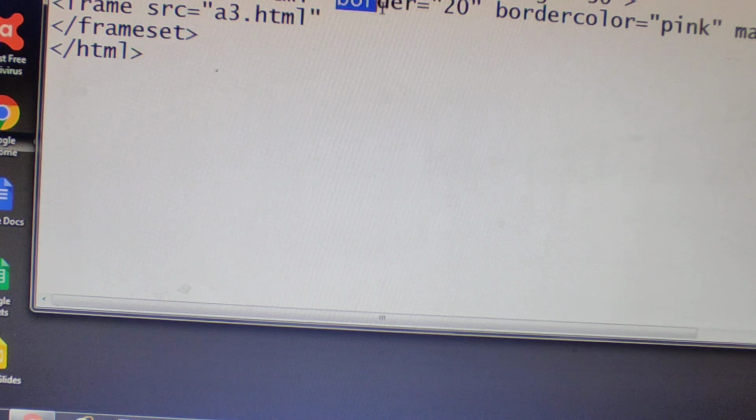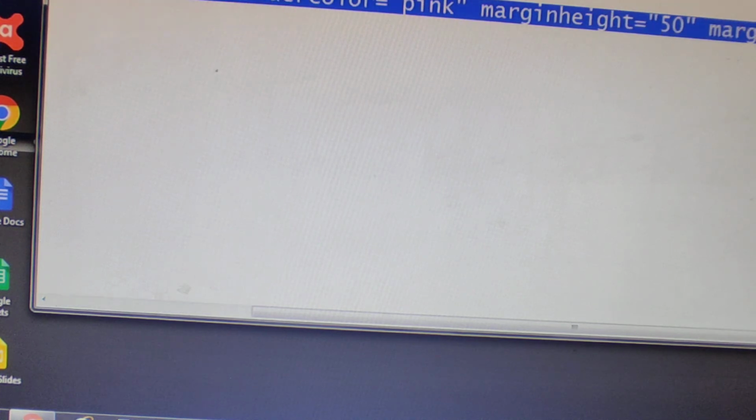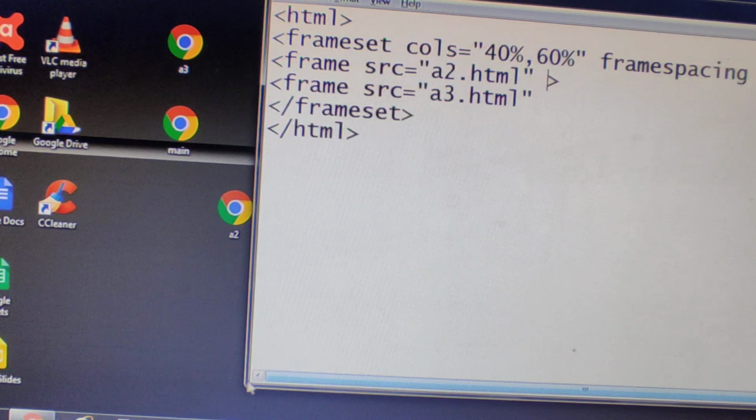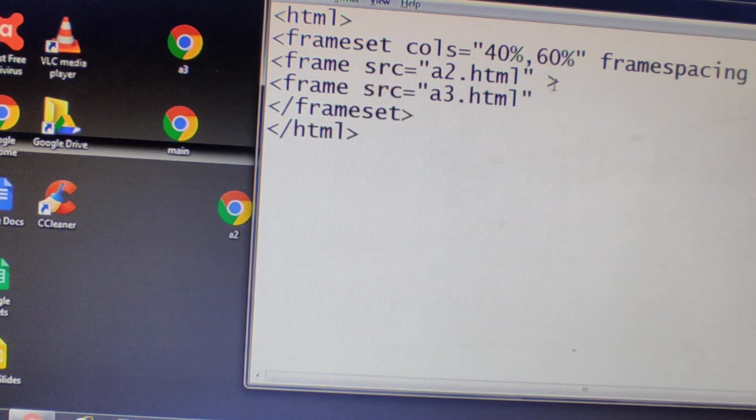So I am removing all these attributes. Okay, now what we do is here, first one is a2.html. Here simply I will give the name.